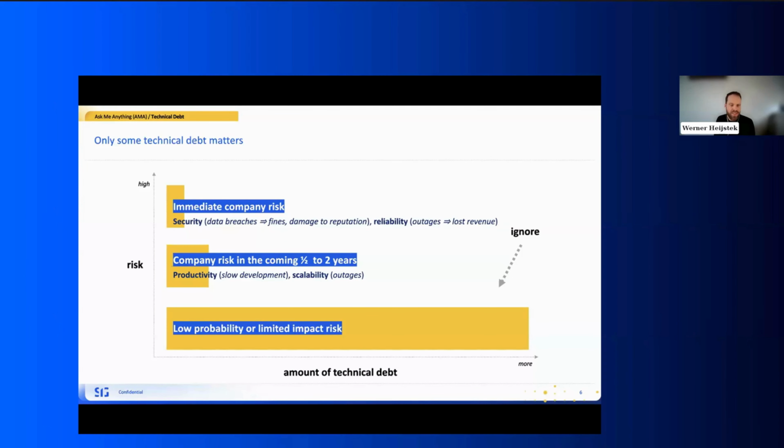So most technical debt should stay exactly where it is, and that's the bar at the bottom. What you see here is the amount of risk on the y-axis, the vertical axis, and the amount of technical debt on the x-axis, the horizontal axis. And most technical debt has almost no impact or risk, low probability, low impact risk. Often it's also in code that's not even being used. That's another problem, by the way. Many systems consist of lots of dead code and unused code, which you should be able to delete, but it's often not deleted, which makes these systems still very big and difficult to navigate.